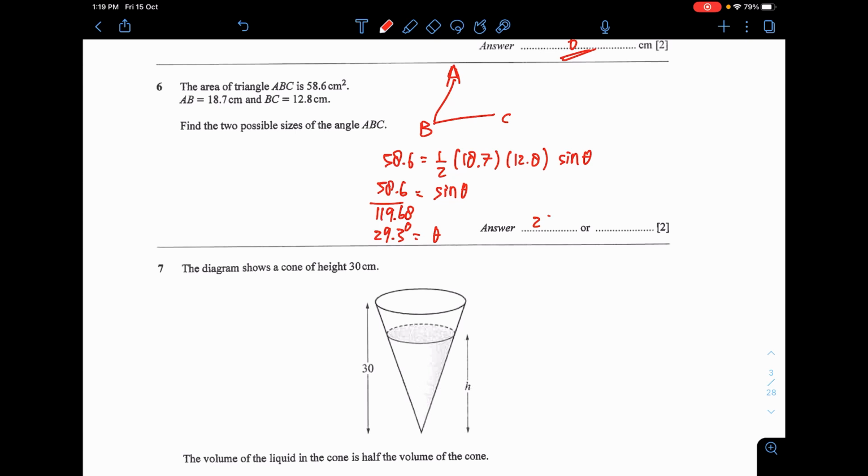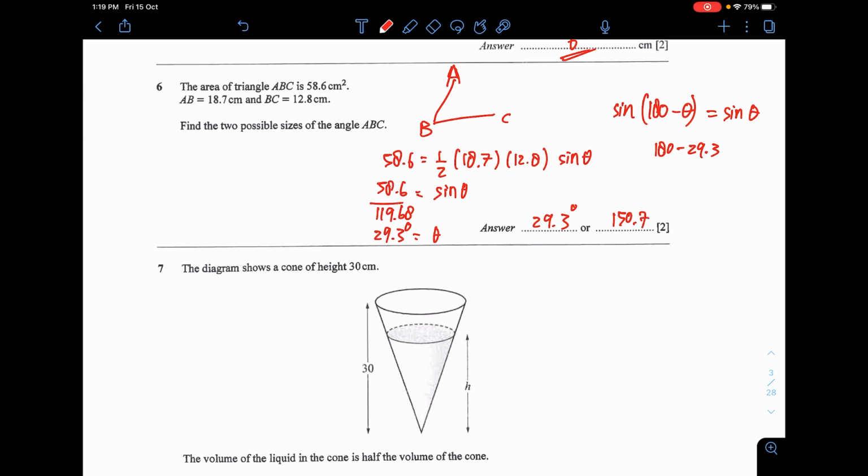But the question says that there are two answers. So what is the second answer? Now, this is by the trigo formula: sine of 180 minus theta equals sine theta. So when you are doing sine inverse, technically you can assume that there are two answers: the acute angle and the obtuse angle. The other answer is 180 minus 29.3,